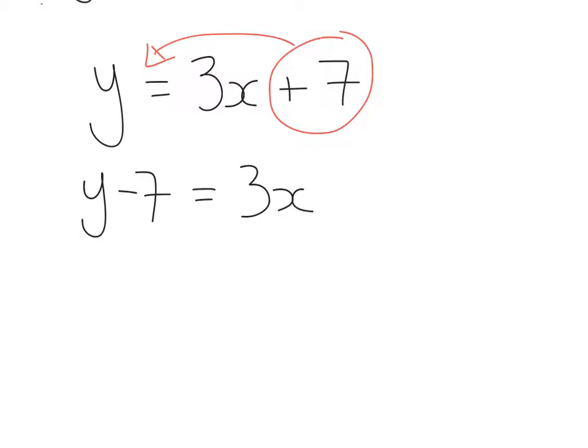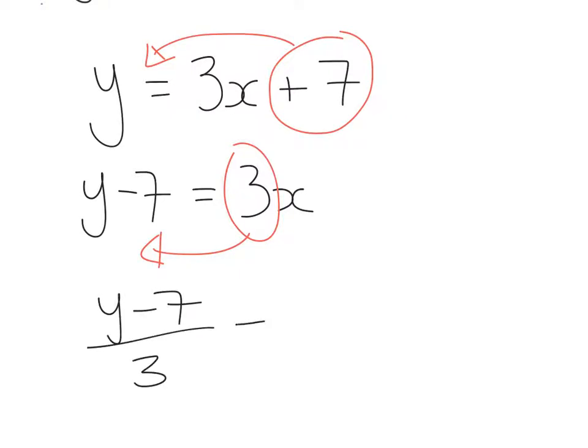And then we want to take this 3 that's being multiplied by the x and we want to move it to the other side. Okay, and whenever we move it to the other side, it becomes a divide. So we can just say y minus 7 all divided by 3 equals x. And again, we've got our equals x, so that's us done. Another example could be